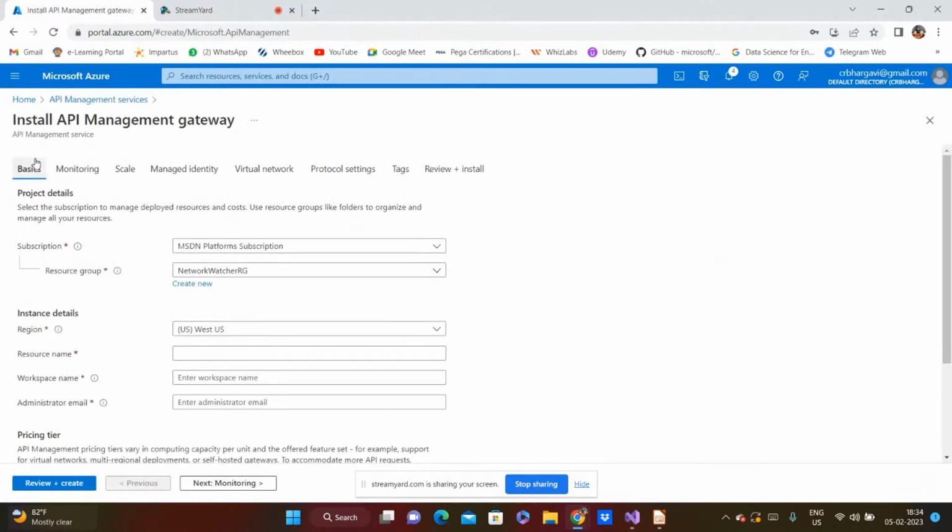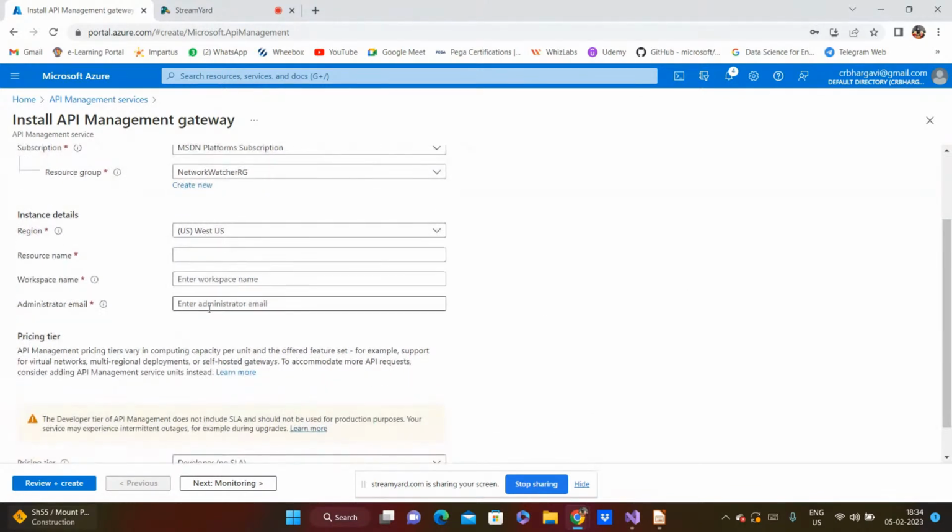And inside that, if you click on create, you will be able to create the API management gateway. And with that, specifying the resource group as well as the resource name and administrator email, depending on your organization's administrator. If you give all these details over here, and the workspace is something like the organization name, and you specify all these things,